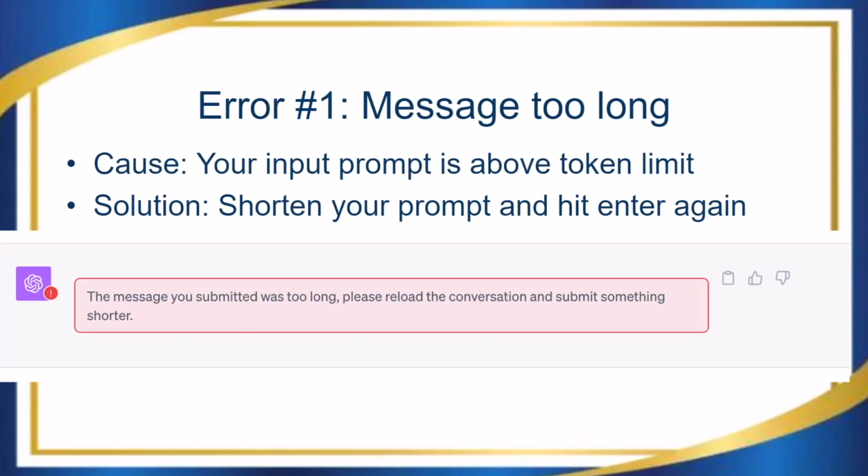So the first error message that you can get is that your message is too long, right? The message you submitted was too long. It literally tells you what to do. Please reload the conversation and submit something shorter. It says right there, right? So that's pretty clear. Basically, if your input is too long and it exceeds the token limit, then ChatGPT cannot